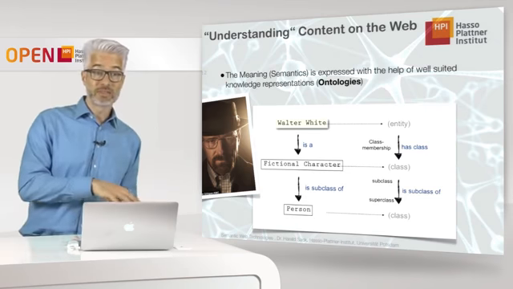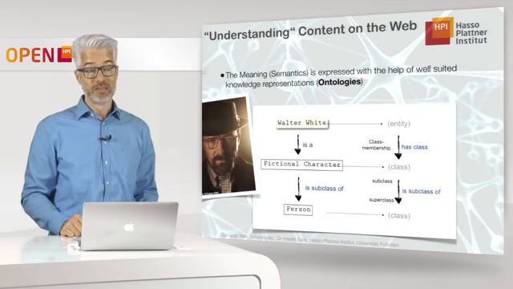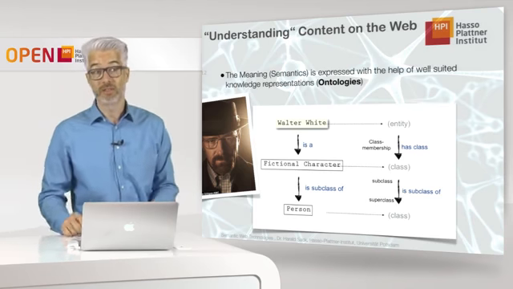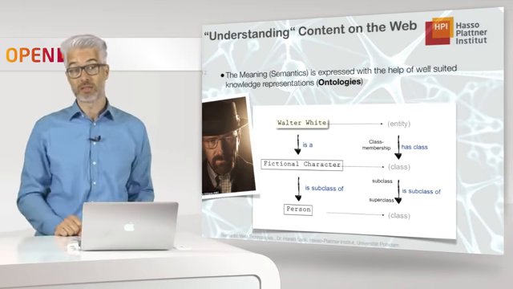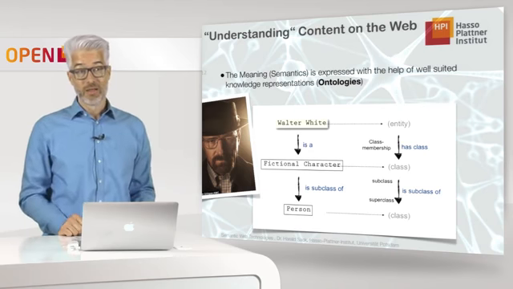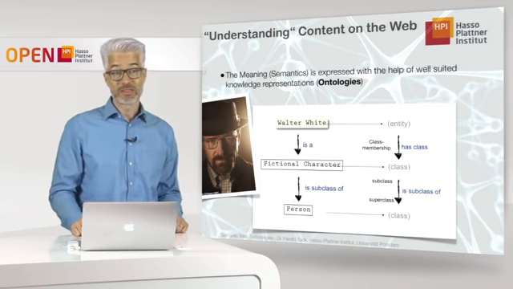So person is the superclass of the subclass fictional character. It means each fictional character is also a person, but not every person is also a fictional character. So you see, this is a directed kind of relation. What we do now, right now, if we look at these classes and the entities, of course, the name of